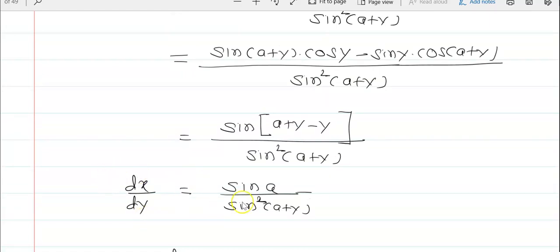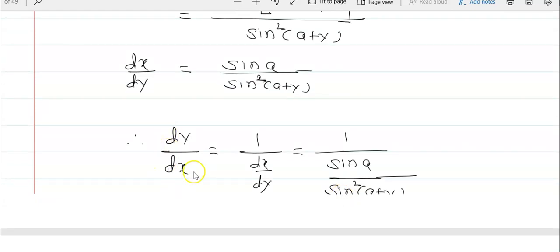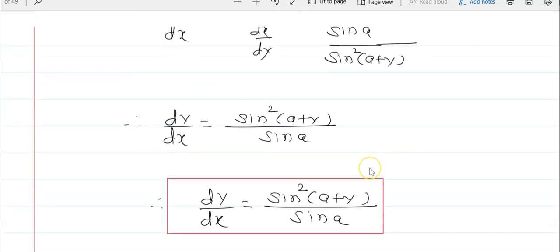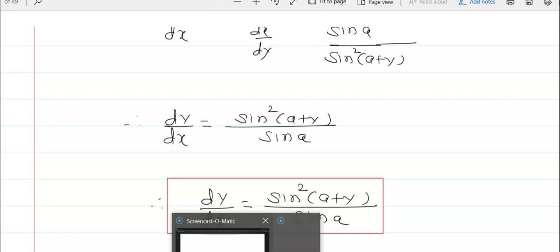Therefore, dx upon dy is equal to sine a upon sine square (a plus y), and that's why dy by dx is equal to 1 upon dx upon dy, that is equal to 1 upon sine a upon sine square (a plus y), and therefore dy by dx is equal to sine square (a plus y) upon sine a, and hence it is a proof. Now the next example is